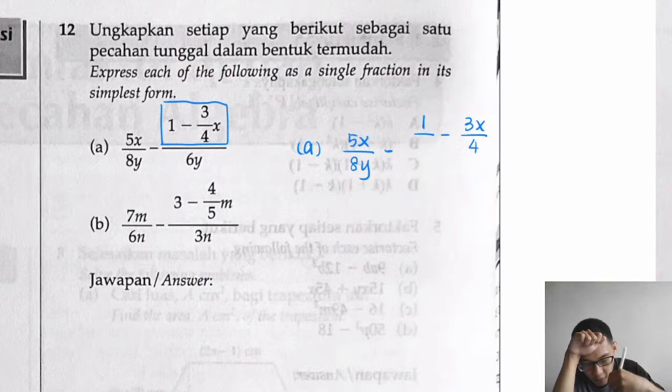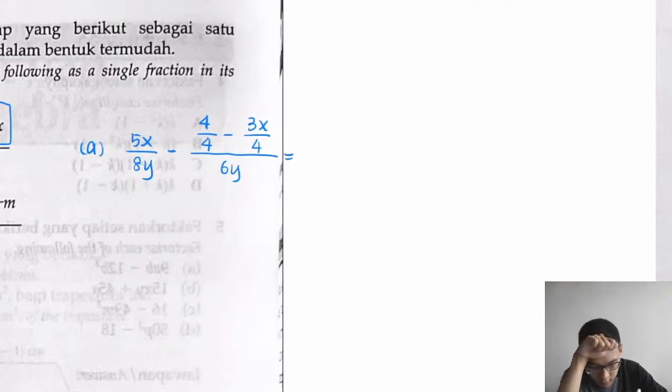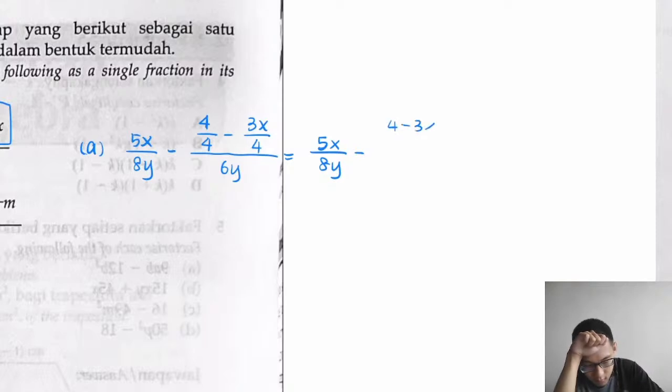Actually we have 4 over 4, divided like this over 6y. So we can get the answer 5x minus 8y divided by, because 4 minus 3x when divided by 4,